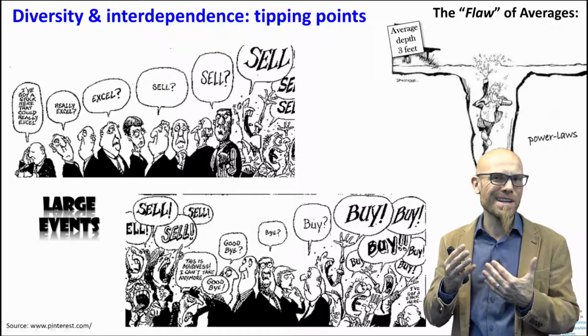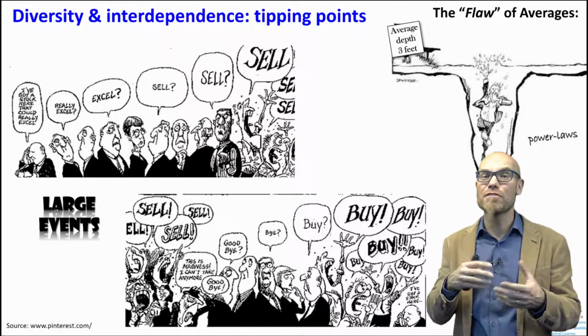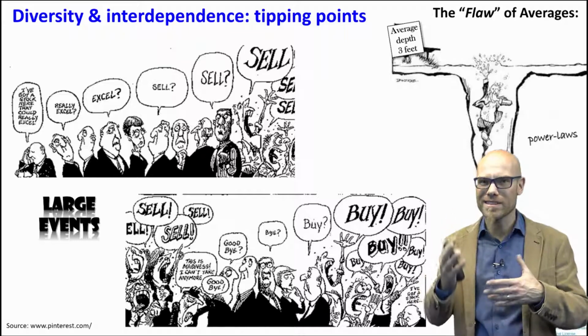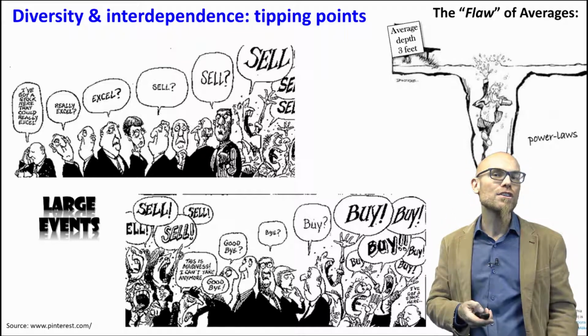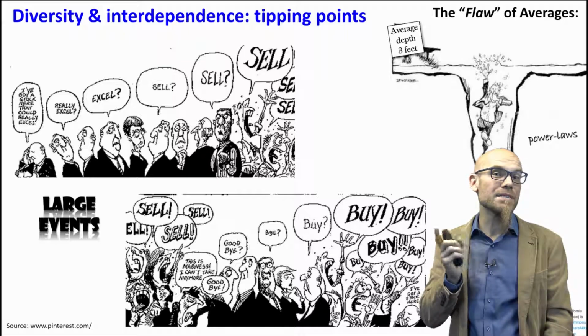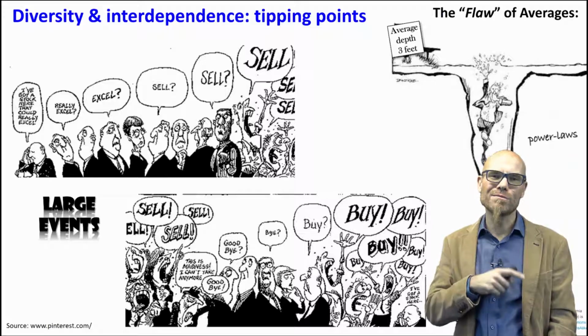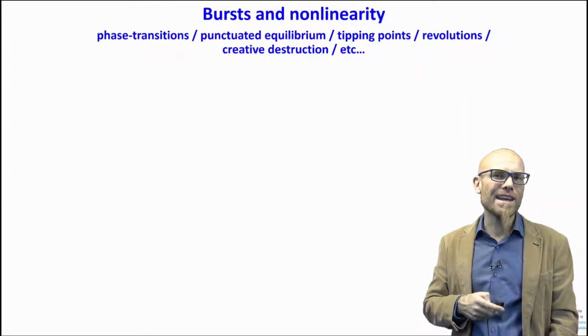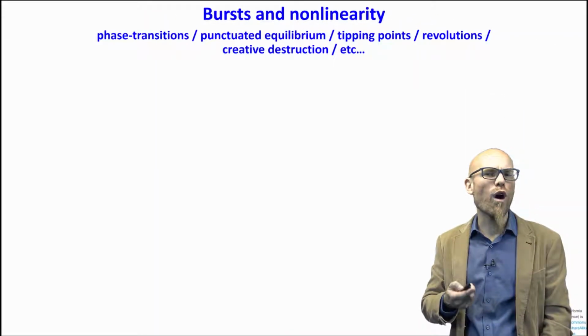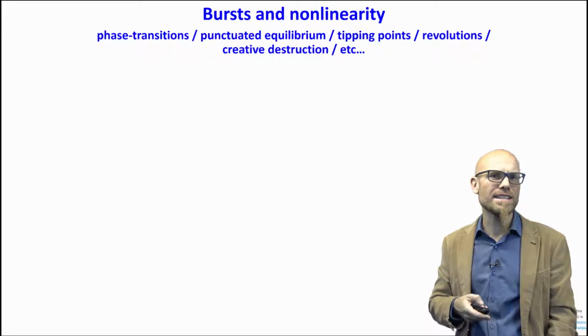It's the interesting in-between of diversity, which then leads to the fact that everybody says buy, and the stock market crashes and flourishes. So that comes from the interdependency among individuals who are not completely different and not completely the same. And that's why we find these busts and nonlinearity so often in social systems, these phase transitions.